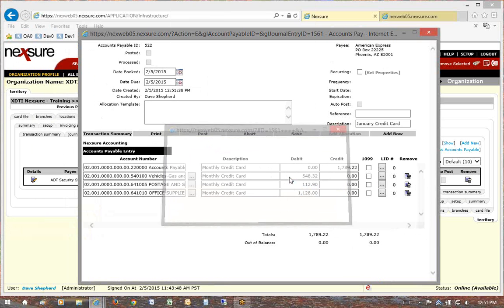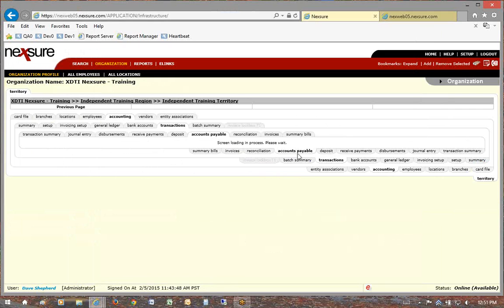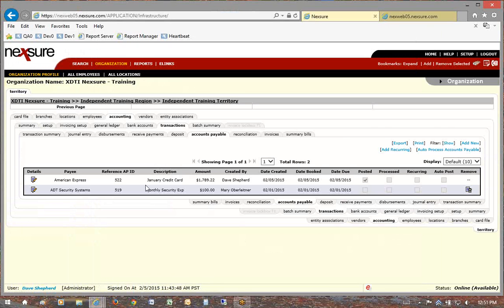So that's an example of a template where it pulls in the GL accounts that you already have preset. So my template's still there, so next month I can go to Add Recurring and use it again for the next month. You can do more with templates. If I want to,